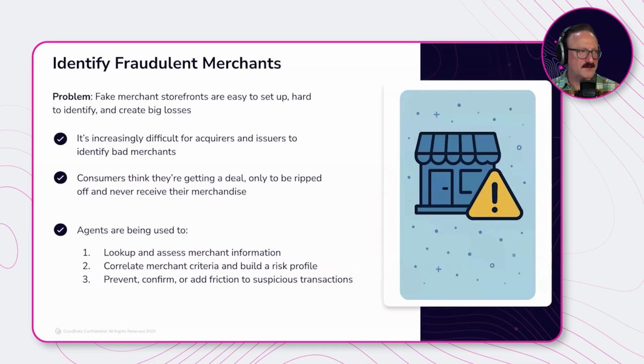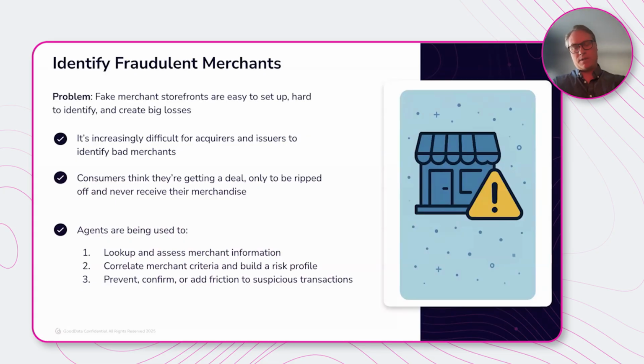Okay, and our third use case, identifying fraudulent merchants. Yeah, this is kind of an interesting one. From a merchant standpoint, you have two different sides of it. You have issuers and acquirers, and it's getting increasingly difficult for acquirers to identify fake merchants that are being set up. It's so easy these days for anyone to set up a storefront and say that they're selling iPads, and they're selling an iPad for $10, and then someone decides, oh, I never got my iPad. What happened? So it's problematic on both sides.